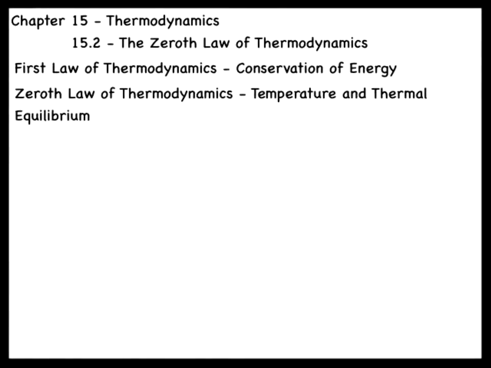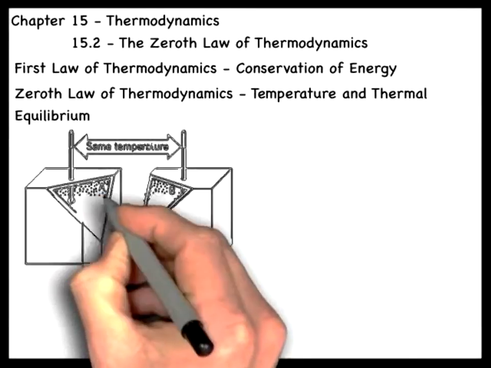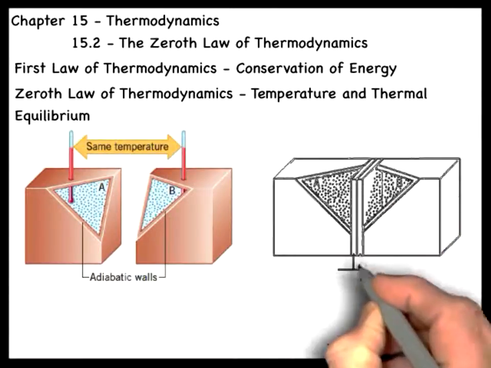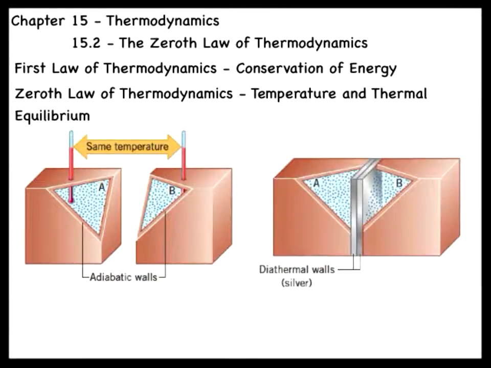To help explain the central idea of the Zeroth Law, let's consider two systems labeled A and B. Each is within a container made of adiabatic walls, and each has the same temperature, as indicated by the thermometers. We then replace one of the adiabatic walls in each container with a thin silver sheet and touch them together. The silver acts as a diathermal wall, since it has a high thermal conductivity, which means heat can readily flow